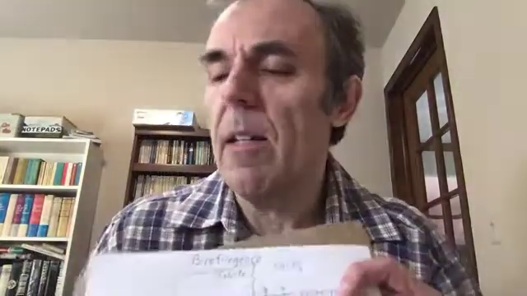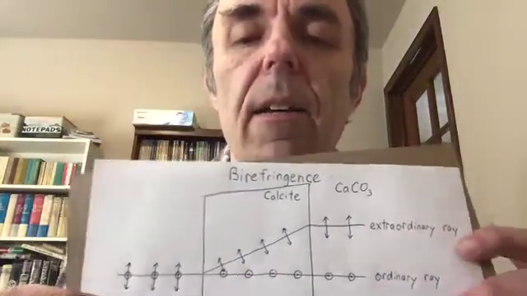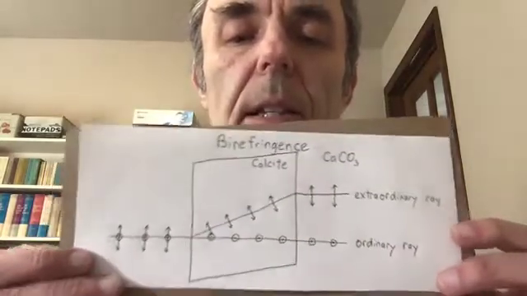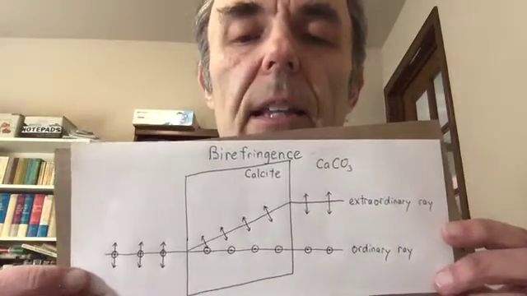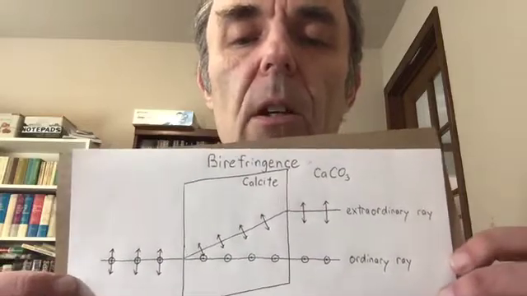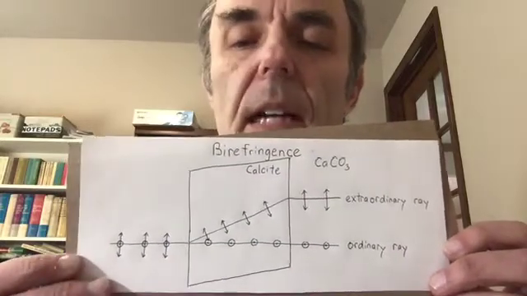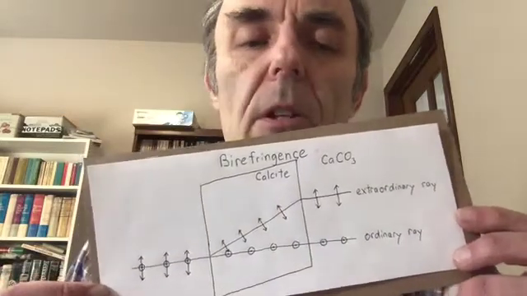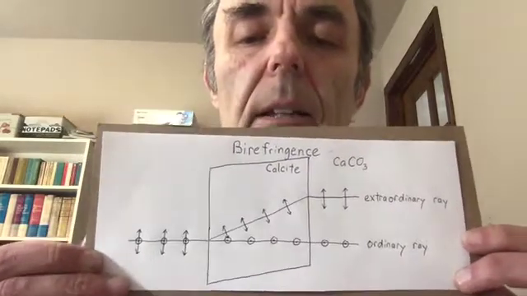Finally, I want to talk about some materials that have odd optical properties, and this is called birefringence. An example of this is a crystal called calcite. Calcite is just calcium carbonate. It's a very common crystal. It's transparent. If you just looked at a piece, you'd have a hard time telling the difference between calcite